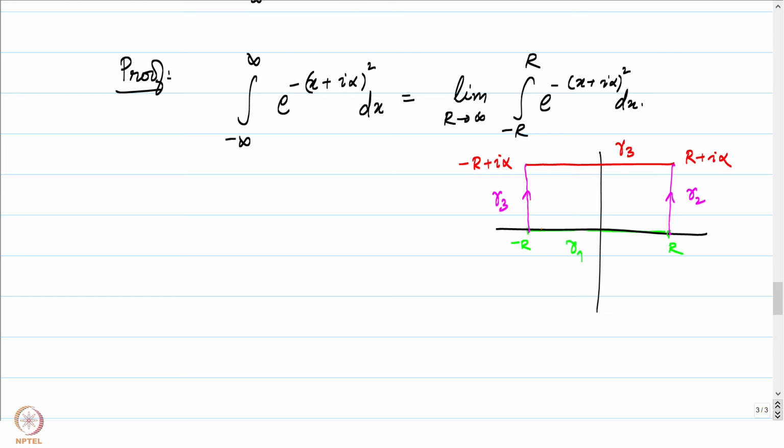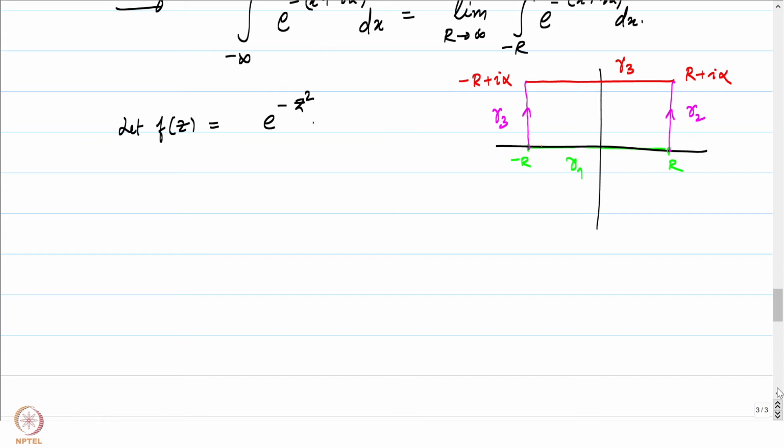So let's now convert our real integral, which is a Riemann integral of real valued functions. Of course, there is an i featuring in here, but by looking at the real part and the imaginary part separately, this is just a real analysis problem. But let's convert it into a complex analysis problem by introducing the following. Consider the function f of z to be equal to e to the power minus z square.